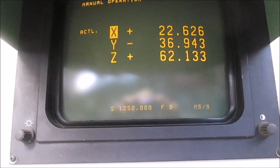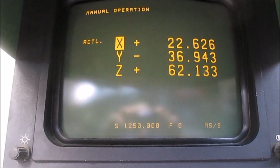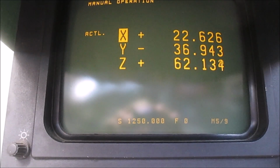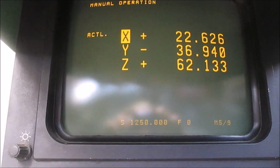Now we have a tool in place. I'm going to show you how to do some tool length settings. Okay, first of all, you can see that it's showing 1250 revs for the speed. I'm going to change that by coming down here